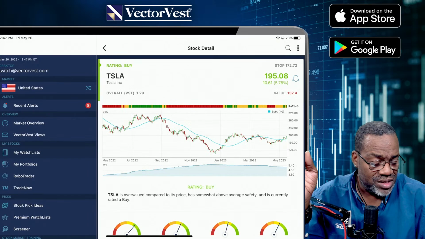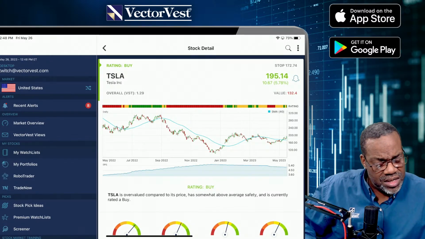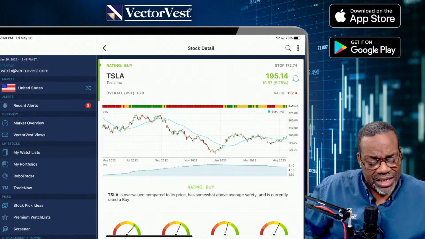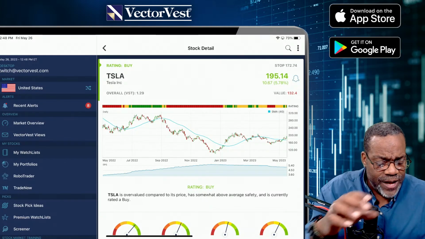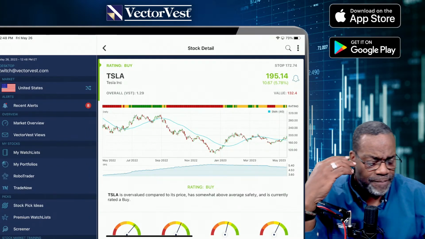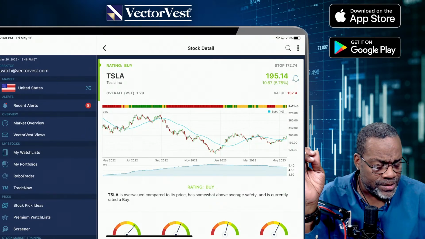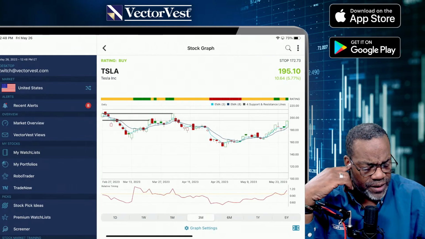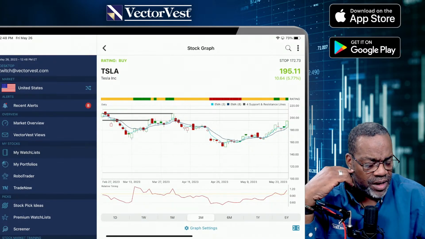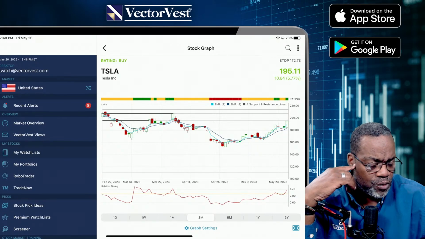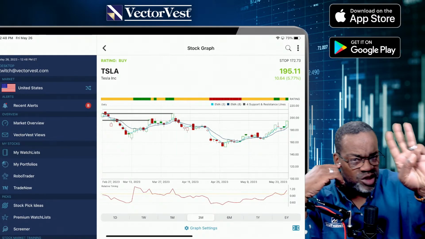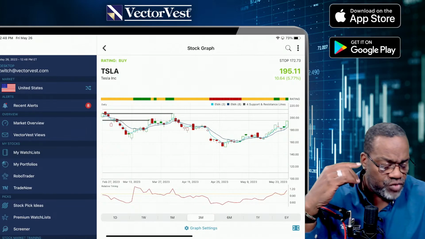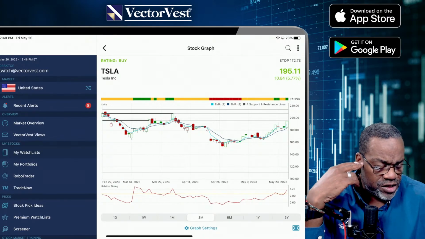Let's go to the next one, Tesla. Someone said something about a flag. I can't draw the lines the way I'd like to, like I can on the desktop. But what I do see is the stock consolidating. Let me click on it a little bit. I do like that it's coming up. It's now rebounding off a level of support, 3-8 cross. It's got, as you can see, 3 levels of resistance to get to. RT just went above 1.